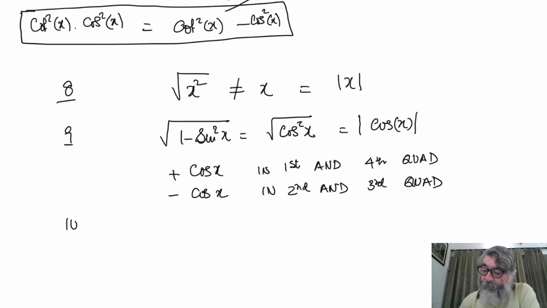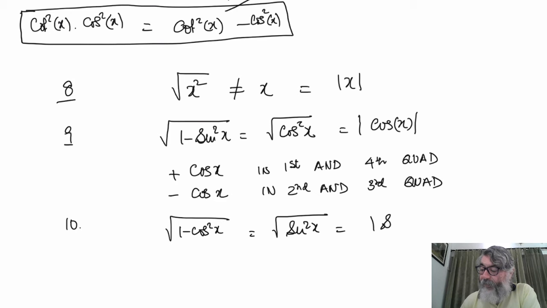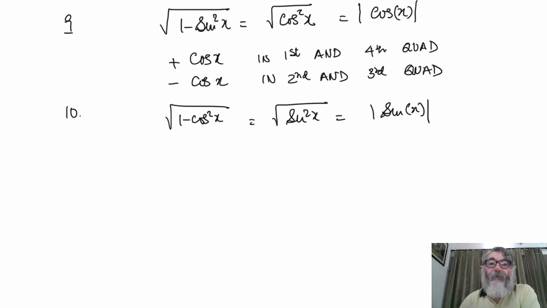Similarly, suppose it was 1 minus cos square x, it will come under root sin square x. So it will be absolute value sin x, modulus of sin x. Now modulus of sin x means what? When I'm talking of modulus of sin x, now sin x is positive, it is equal to plus sin x